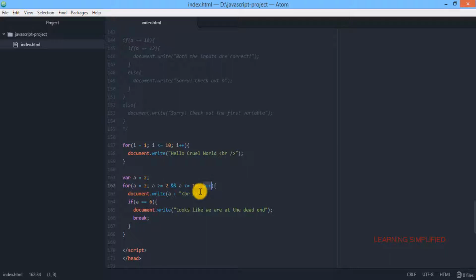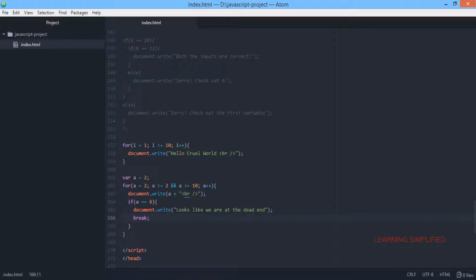But whenever this 6 is reached, then this nested if-else condition comes into action. It is checking all the time whether a is compared to 6 or not, and whenever the value 6 is attained, it writes, looks like we are at the dead end, and the loop is terminated with this break command.